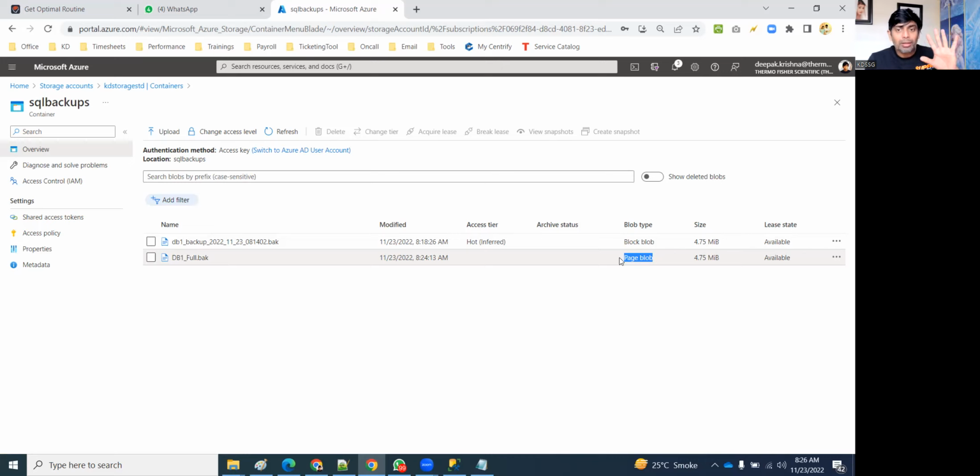One minute. As an Azure admin, in future, if you see a SQL Server backup, or by the way, any backup from the many databases in the market, just watch the type of blob. Maximum we see blob or page blob. Whether it is blob or page blob, we don't care. We support their backups.